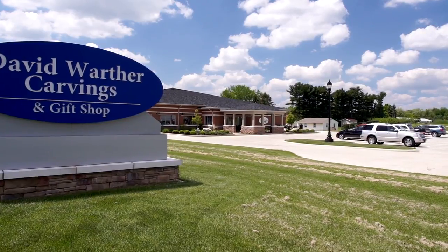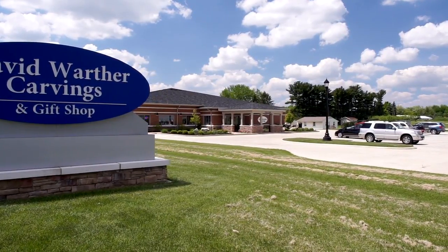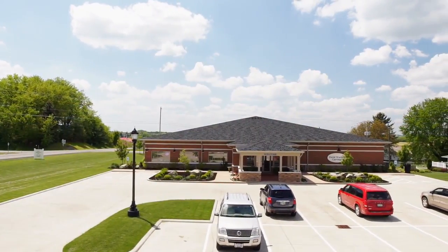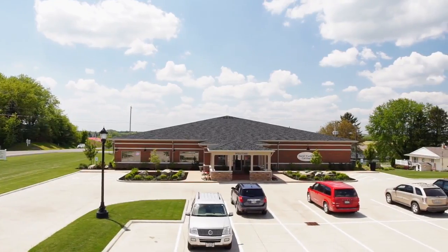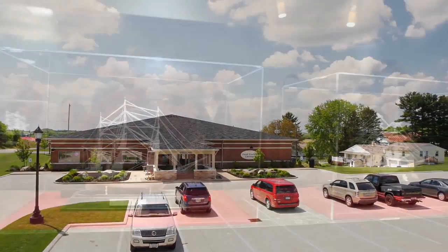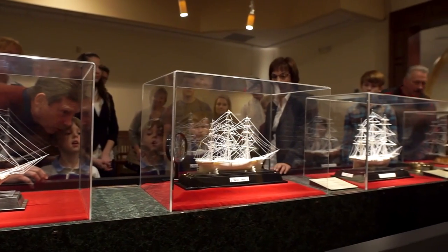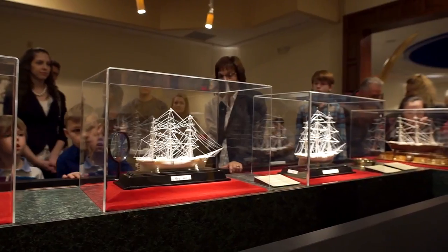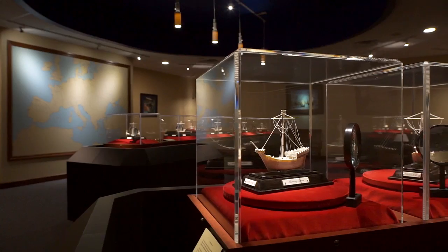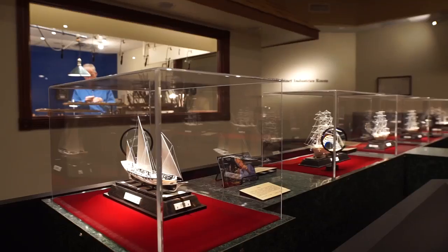David Warther Carvings is a non-profit organization dedicated to preserving and displaying David's life work. The 10,000 square foot Hilltop Exhibit Building is located near Walnut Creek in the heart of Ohio's Amish community. The museum houses over 80 carvings and is divided chronologically into 4 large rooms that surround David's workshop. There is an ancient room, medieval room, a room dedicated to the age of exploration, and another to the age